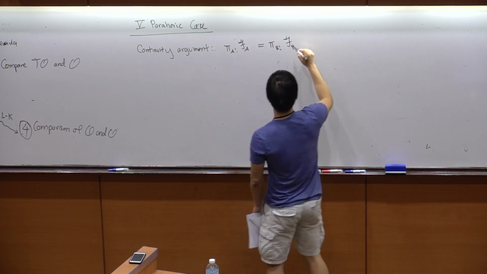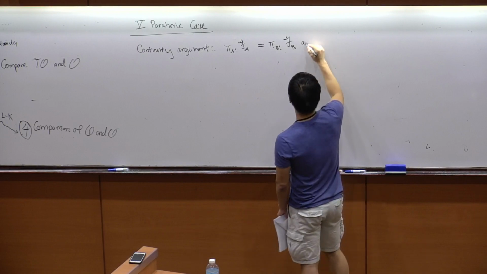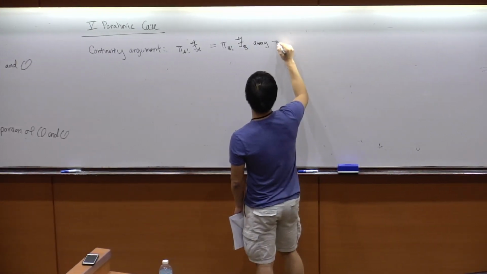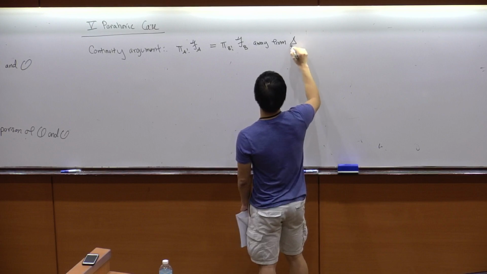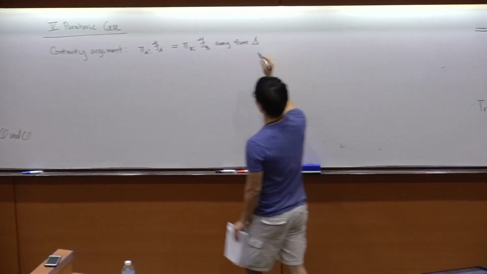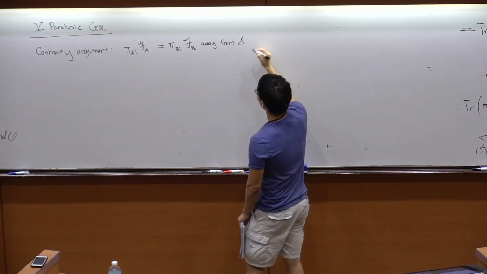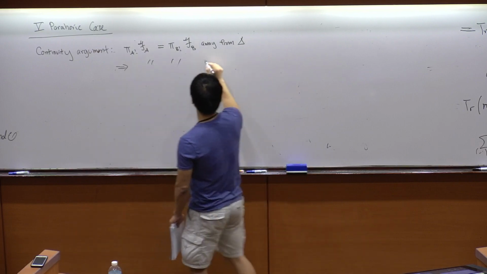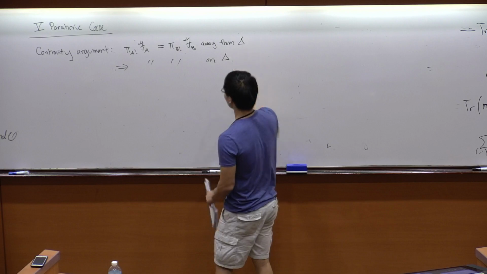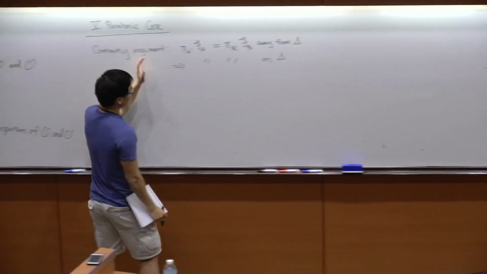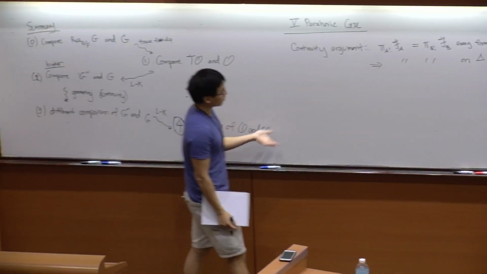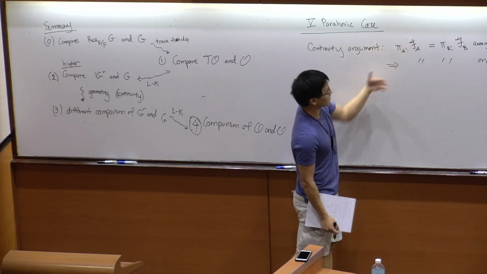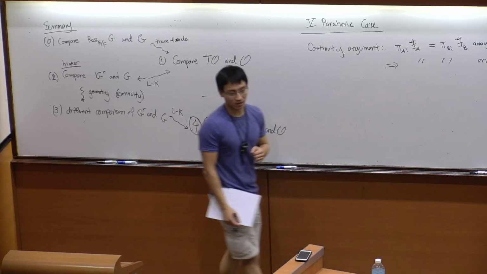on a dense open subset, let's just say away from the diagonal, although it's actually a little more restrictive than that, then we'd like to say that this implies that you have this equality on delta itself. But actually, this is a problematic statement. One needs to have a certain amount of control over these objects to know that a property like this does, in fact, extend continuously.